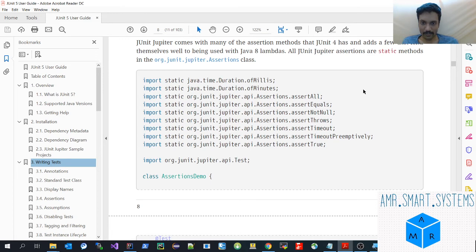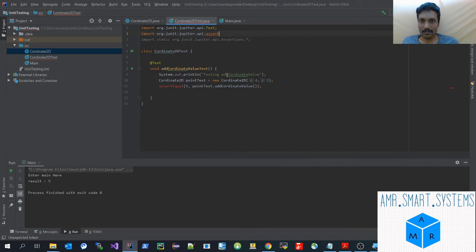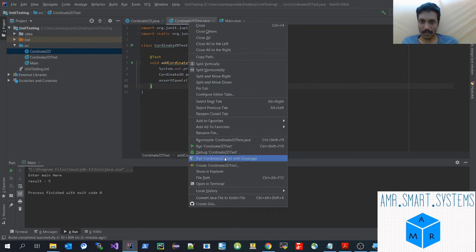inside assertion we have asset equals. So asset equals should have worked. Yes, it has picked up the name now because it has already included assertion everything. So assert, this is the expected value, and this is the actual value which we are generating. So to run this unit test, we go and just